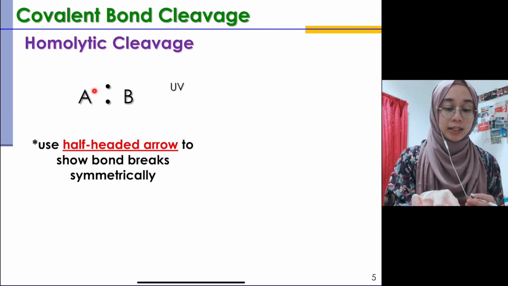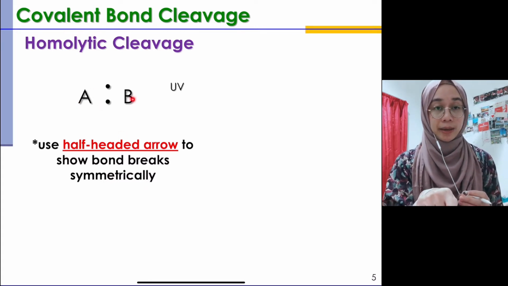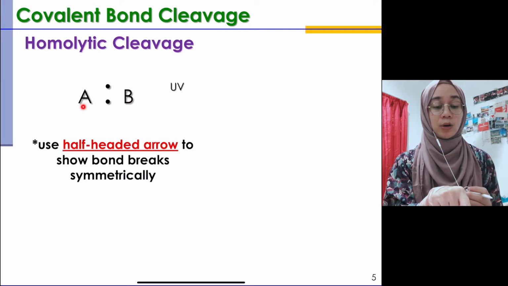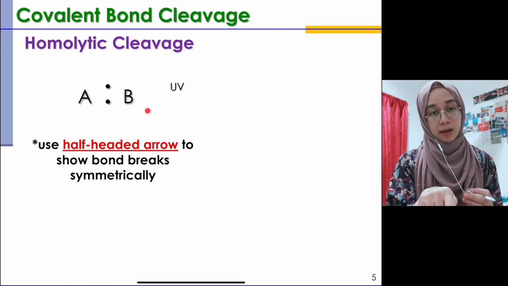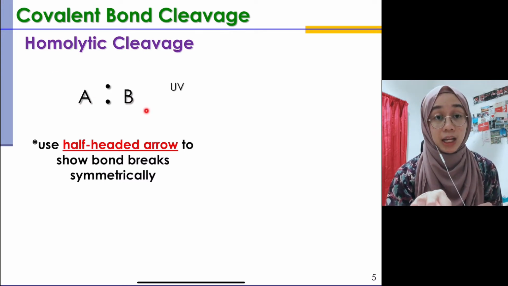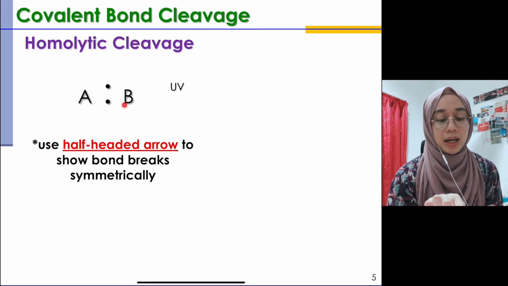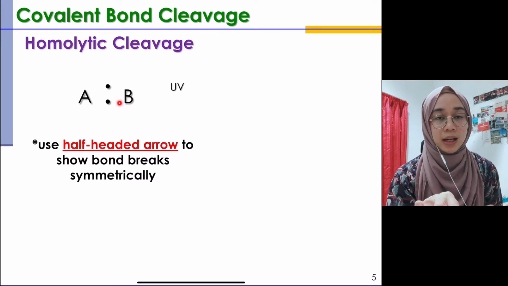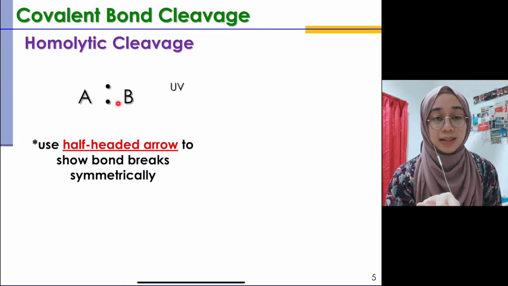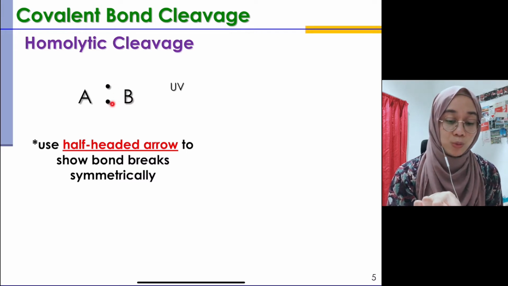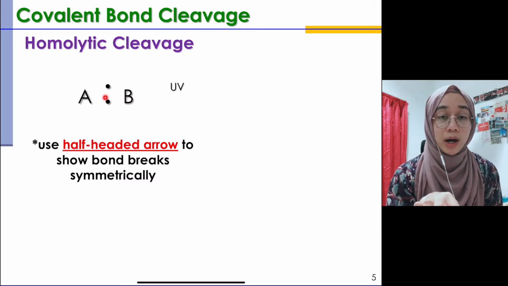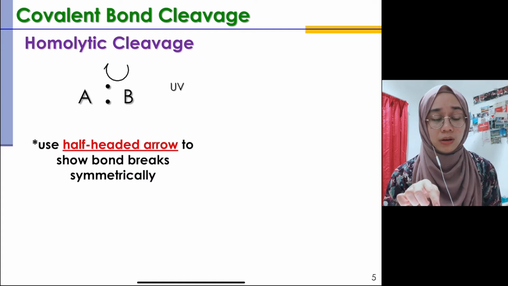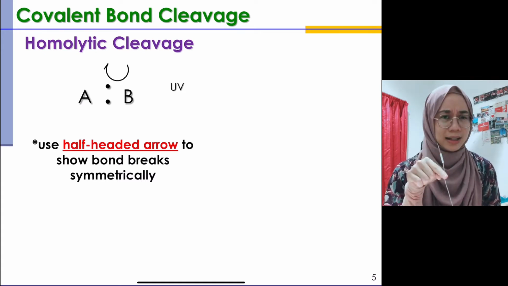Okay, jadi sini kita ada 2 atom A dengan B. So in this case, in order untuk homolytic cleavage ni berlaku, maksud A dengan B ni in terms of electronegativity adalah similar. Okay, and then dekat sini bond antara A dengan B ni adalah non-polar lah. Keep that in your mind. Okay, so what happen is, dia break symmetrically kan, ada 2 elektron kat sini, meaning 1 will go to